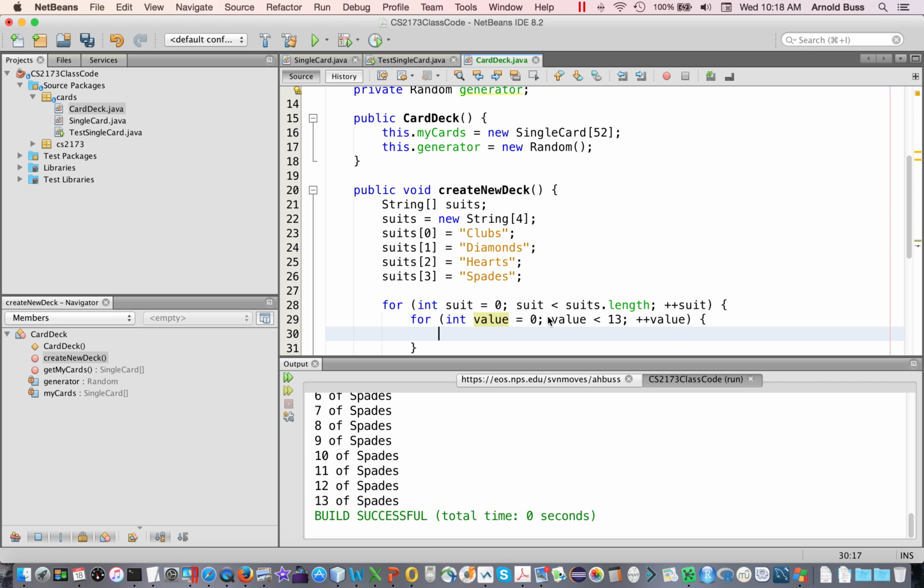Okay, so we're looping over this, and similar to what we had done previously, we need to map this into an index. And so our index is going to be the suit times the number of values, which in this case is 13, plus the value. So just as a check, when suit is 0, value is going to go 0 through 12, and then when suit is 1, it's going to go 13, and then value is going to go 0 through 12 again. So that's going to keep increasing, and so now we can